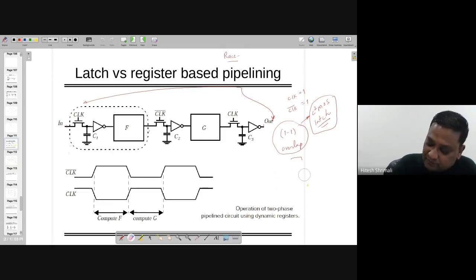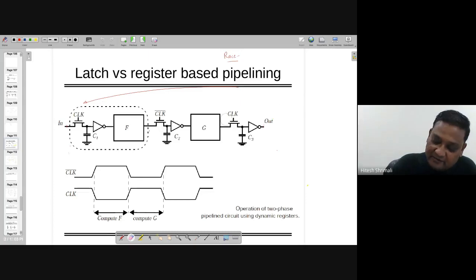diagram, where we also understand that if you are implementing, instead of a pass transistor, a transmission gate or some other things where you are not using the non-overlapping clocks, then such things can happen, which we call the race around problem. So if clock and clock bar have a clock skew, both are 0 or both are 1, such things will